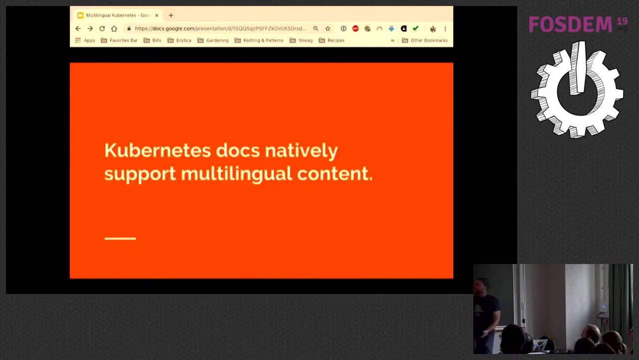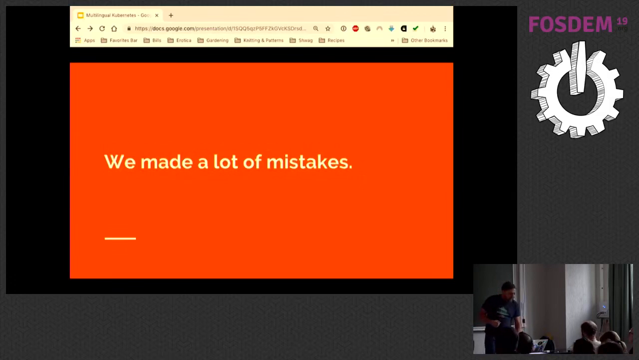So I'm happy to say today that Kubernetes docs natively support multilingual content. This is amazing. The ability to host multilingual content for Kubernetes docs represents a huge technical pivot in less than a year. And it would have taken us even less time than that, but we made a lot of mistakes along the way. And I'm going to share some of those, hopefully, so you can avoid them